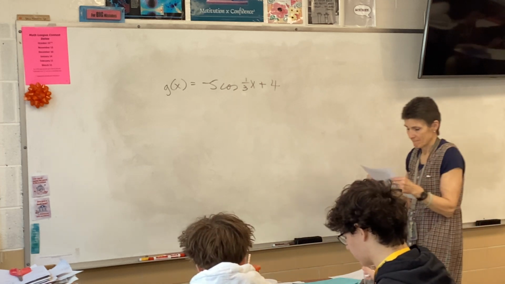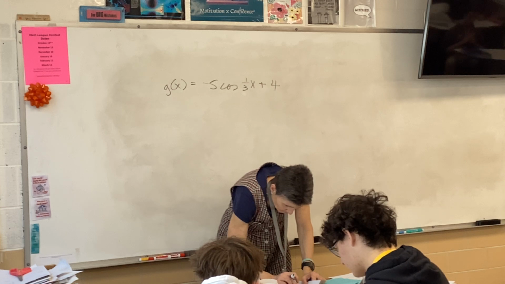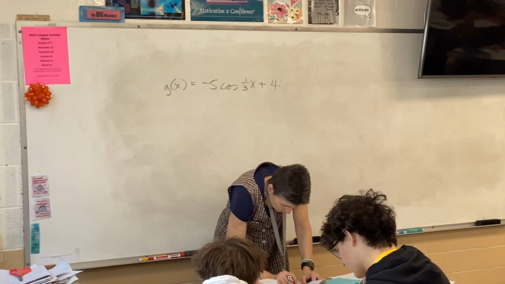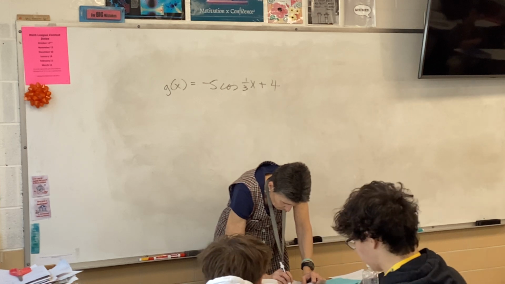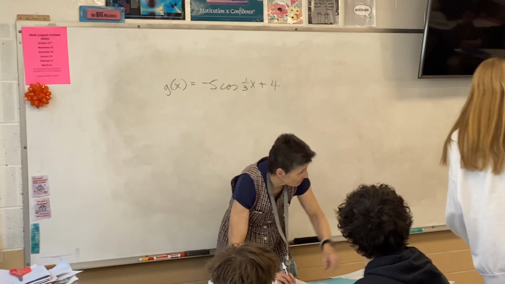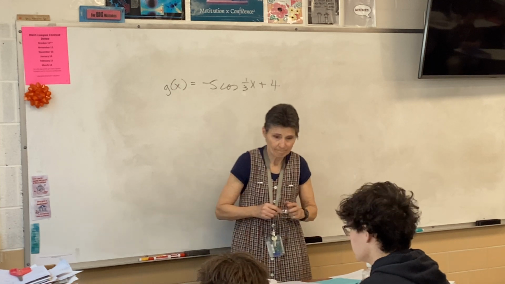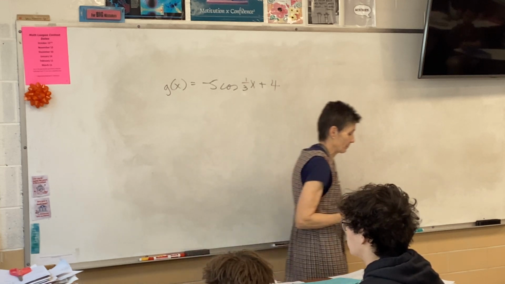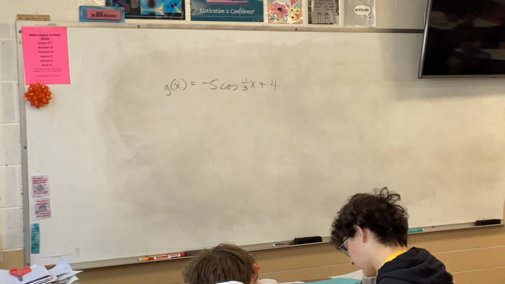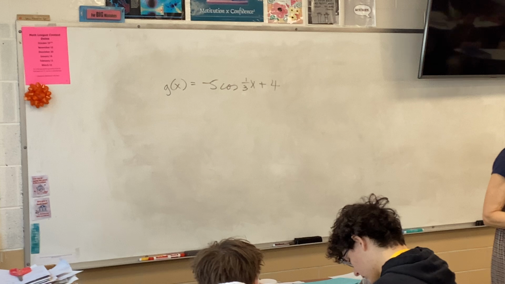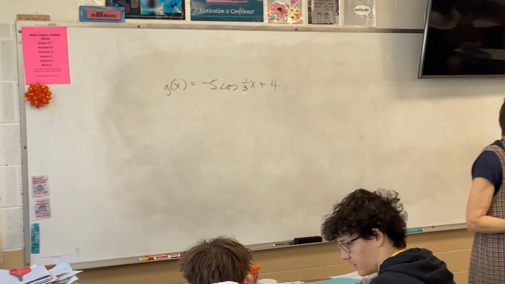Go up 3. The maximum value would be the midline plus the amplitude. So depending on where you start, remember your formula? Period is equal to 2 pi over you have